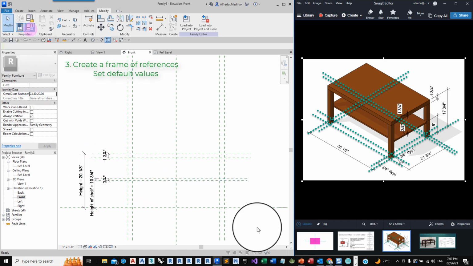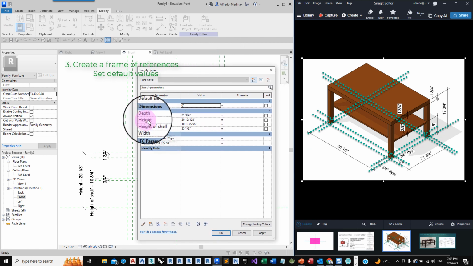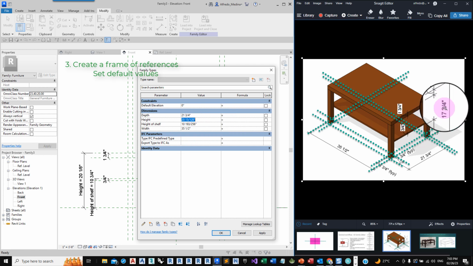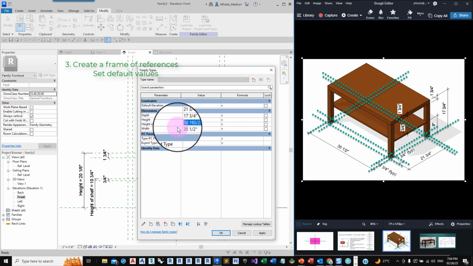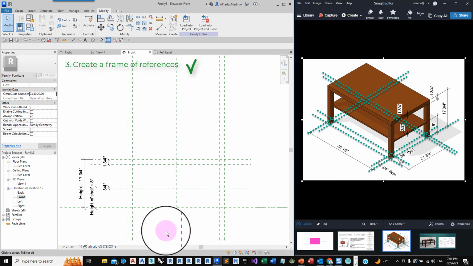We go to family type and we enter, for the height of the table, this 17 3/4. And for the height of the shelf, we enter 8 inches. And click OK. So these are the actual dimensions.